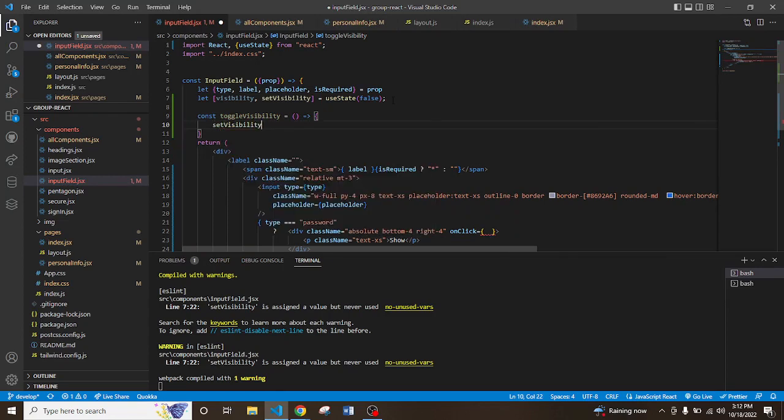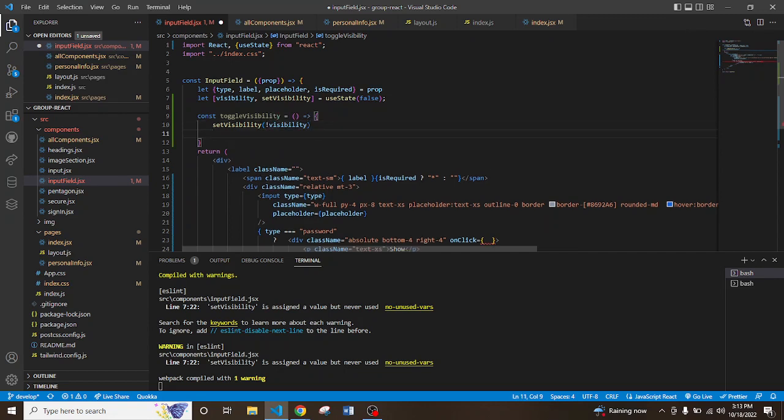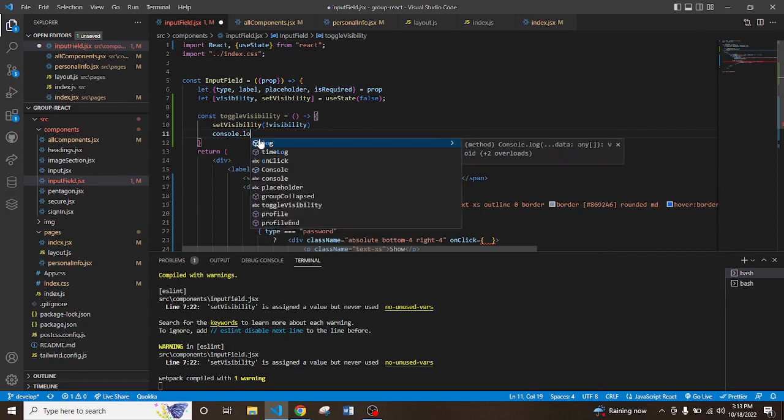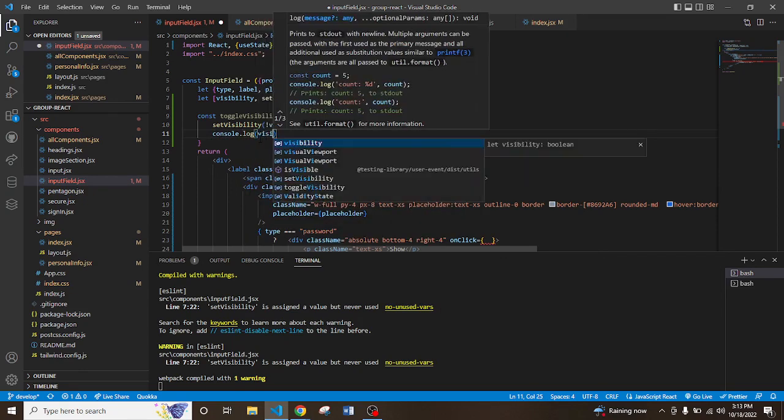setVisibility, and then it won't be right to just write true. So what we'll do is not visibility. Not changes true to false and false to true. So if visibility at any point is true, this would set it to false. If it's false, it would set it to true. So let's console log visibility,